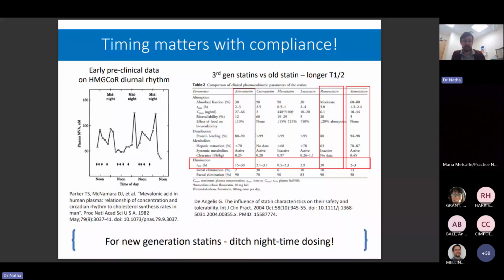long half-life of rosuvastatin, means please consider switching everyone to morning dosing by default if they take the majority of their other medications at that time, as it will be just as effective and might help with treatment compliance. But B, because of the very long half-life of rosuvastatin, it's suitable to be taken at even less than once daily dosing. So for individuals